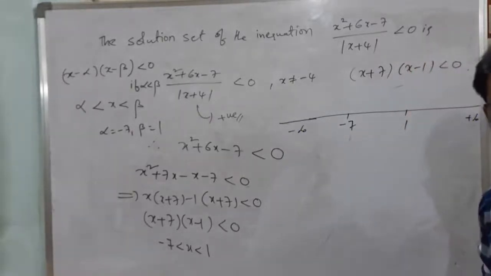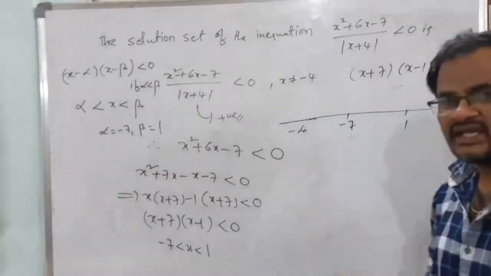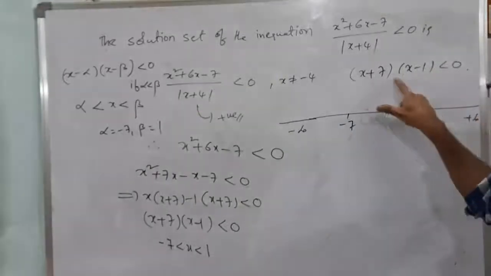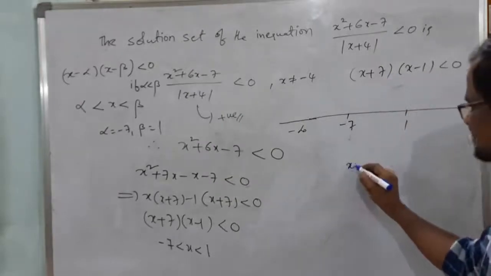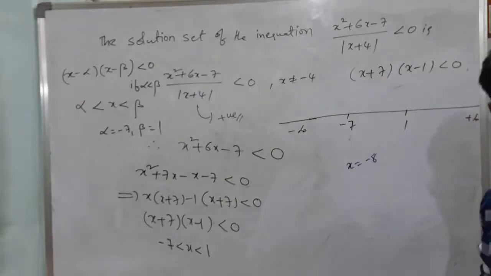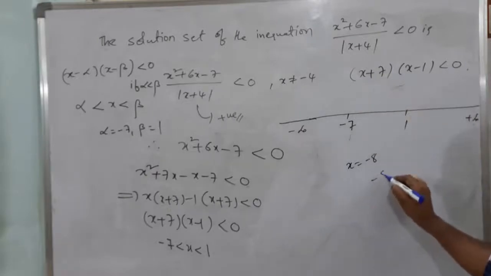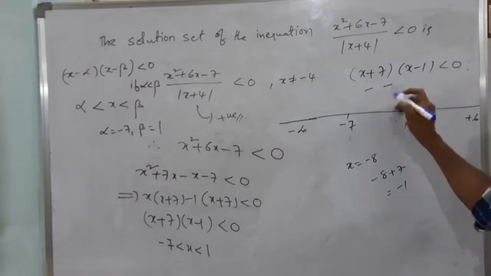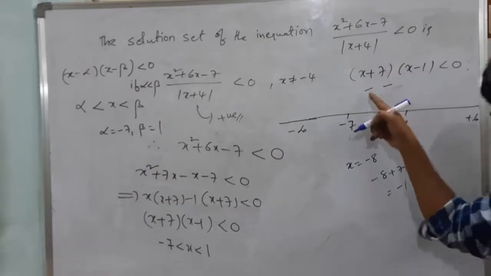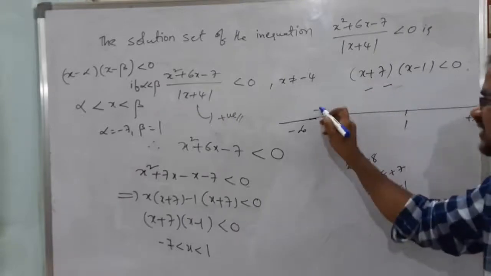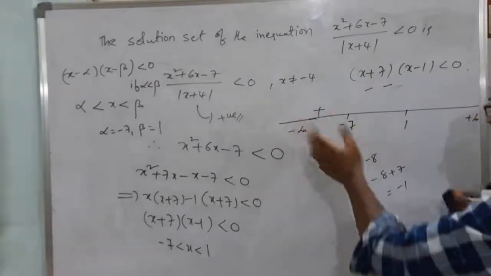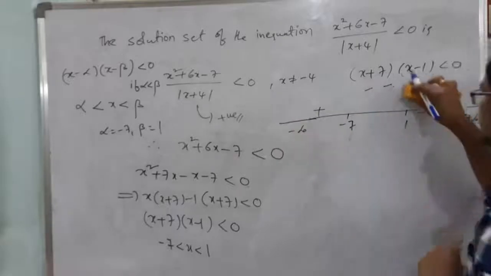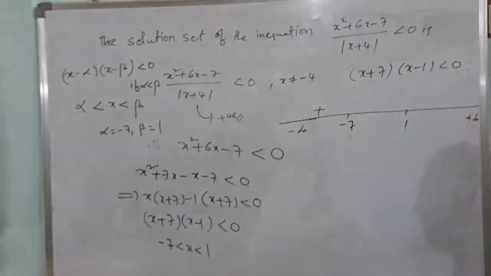After that, what we have to do? Less than minus 7, any one real number you take and substitute in this expression. So I will take x equal to minus 8. Substitute: minus 8 plus 7 is equal to minus 1. We don't want the exact value, negative or positive you have to identify. Negative, right? Next, here minus 8 minus 1 is also negative. The product is there between these two, so negative into negative is positive. So less than minus 7, any real number you substitute for this expression, you will get a positive expression.